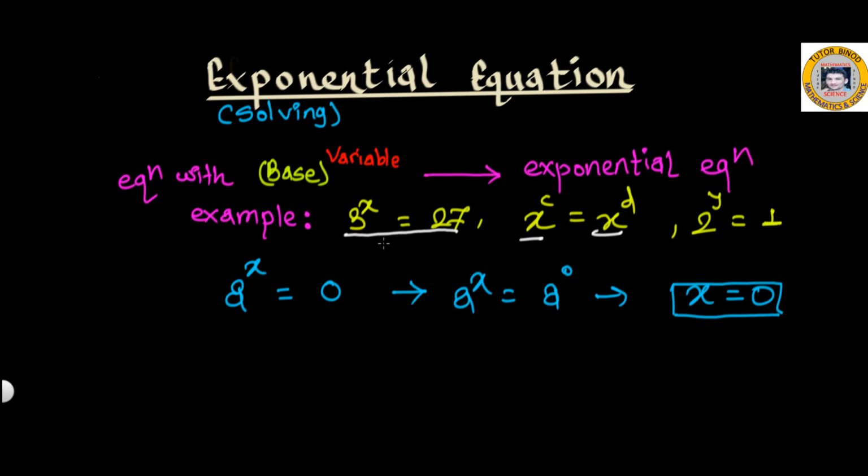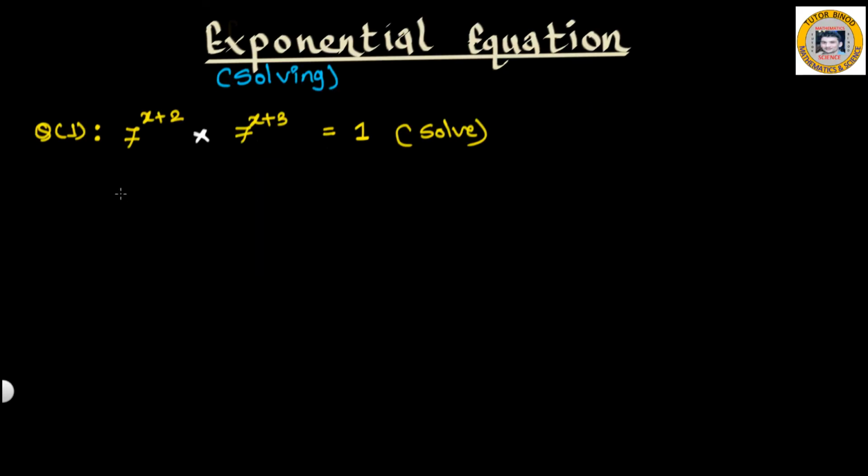In this series, we are going to learn how to solve exponential equations. First of all, if you have a problem where a to the power x is equal to 1, you should always remind yourself that anything raised to the power 0 is equal to 1. You can also write a to the power x as a to the power 0, which means x equals 0. Using the same idea as that of indices, we are going to solve the exponential equation. Now let us see an example regarding it.